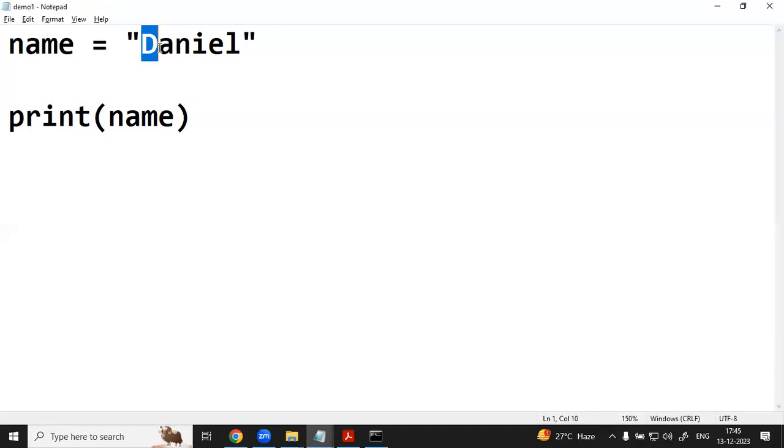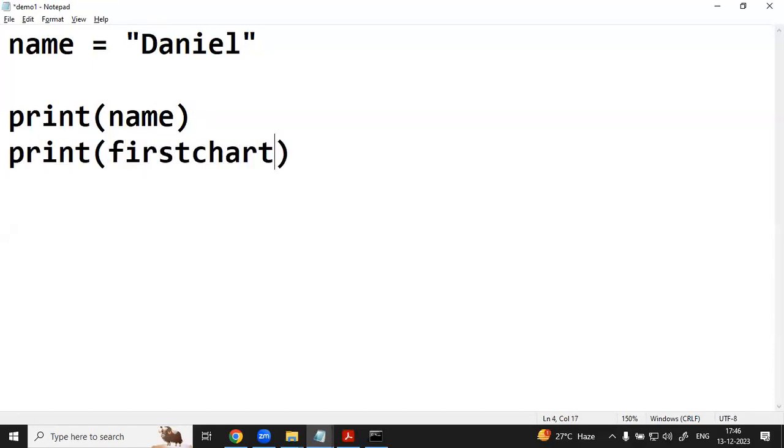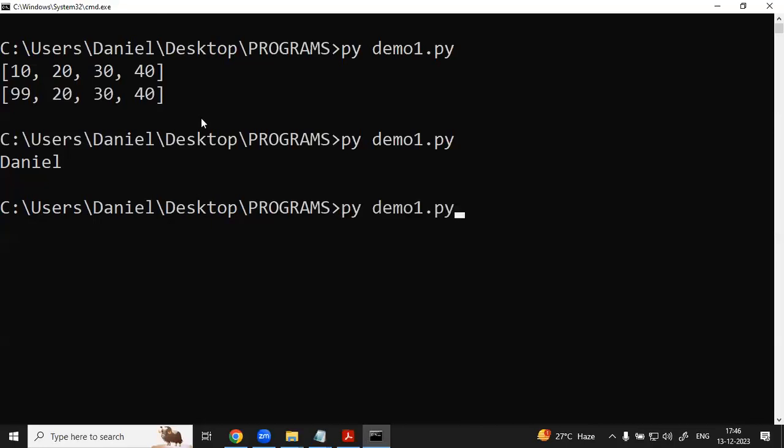Because I already covered yesterday. How to access the first character? Then try to write a print here. Can I call first character something like that? No, sir. How to access? Name of 0. Am I right or not? Why? Because string follows the indexing concept, same thing like a list data structure. Now save this one and you can run this one. Till now, any questions?